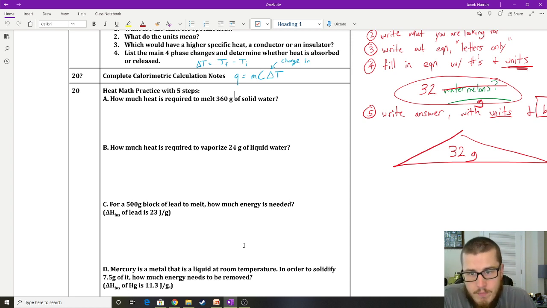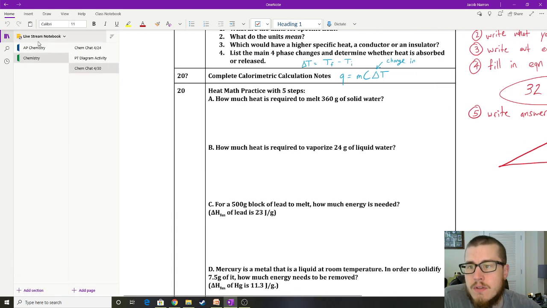So problem A, how much heat is required? So let's go ahead and start by saying, okay, let me get this because this is going to bug